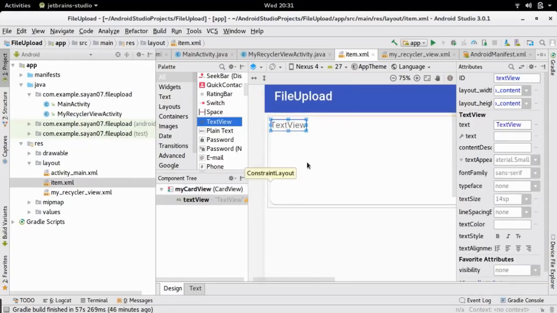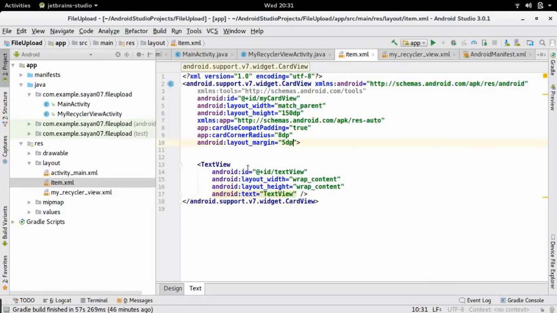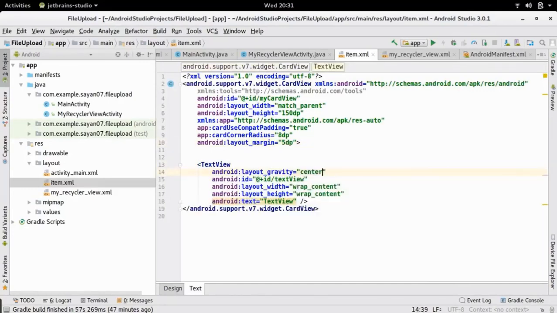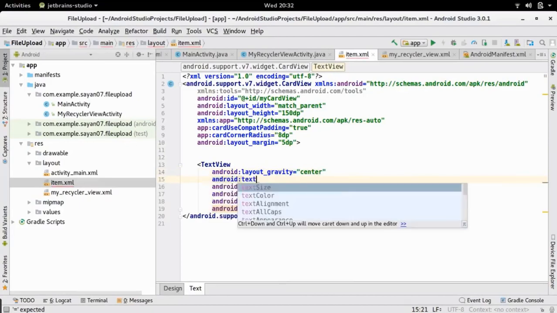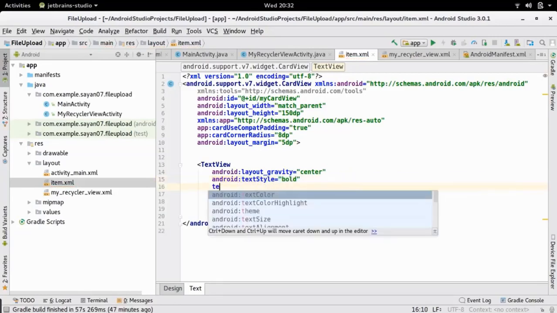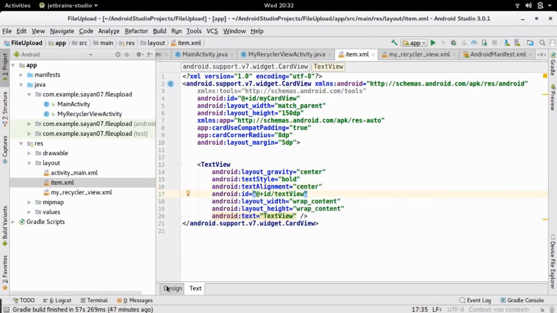Now we need to place this text view in the center of the card view so that it looks nice. Okay, so go to this text part and just define a property layout gravity and set it to center. Okay, and provide the text style as bold and also the text alignment to center. Okay, now let us check the design.